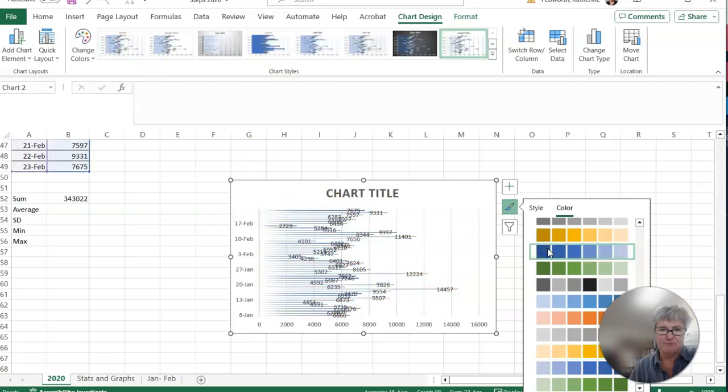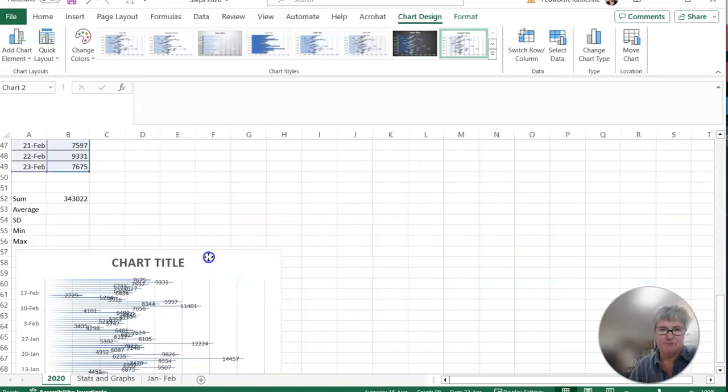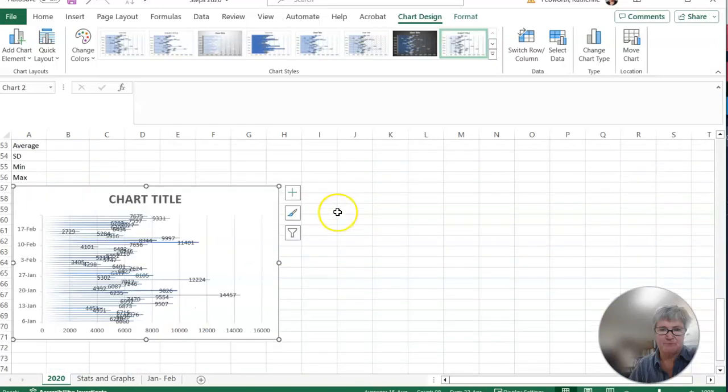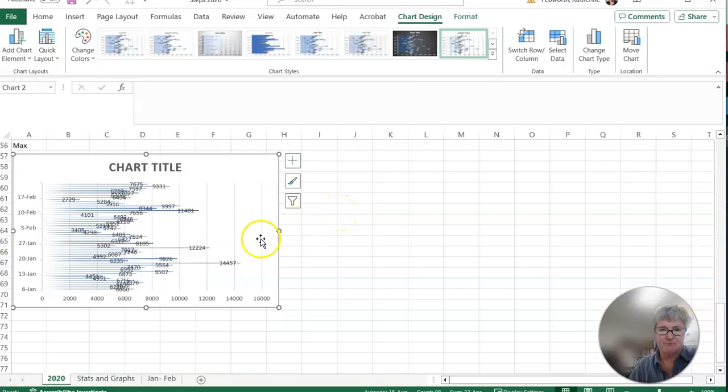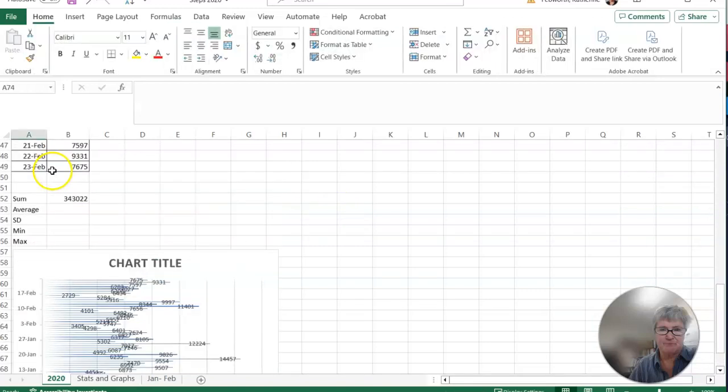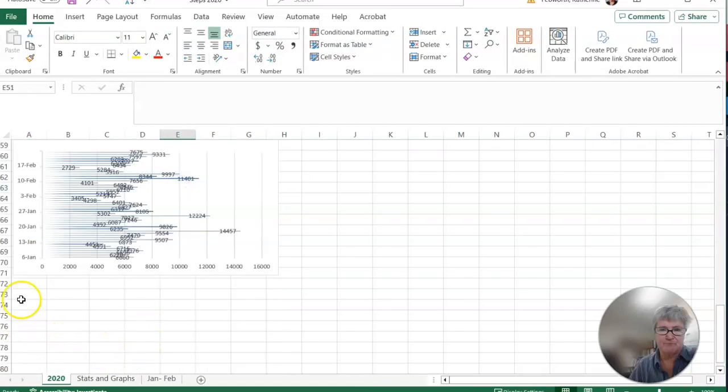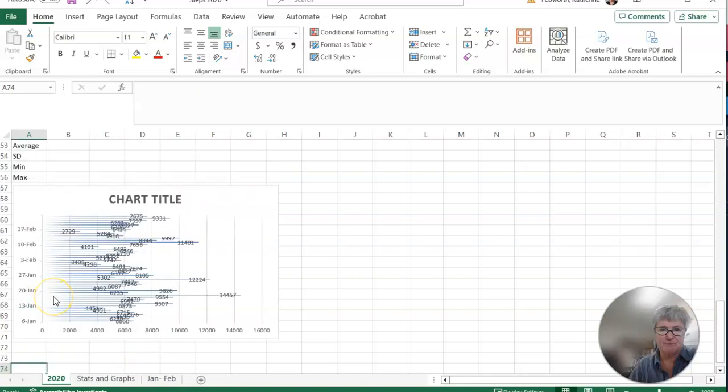And I'm just going to come back to blue since we are the Rail Splitters. And we are blue and gray. Then I'm going to post this chart here. I'm going to come down, highlight again, and do another chart, or a graph, and put it underneath.